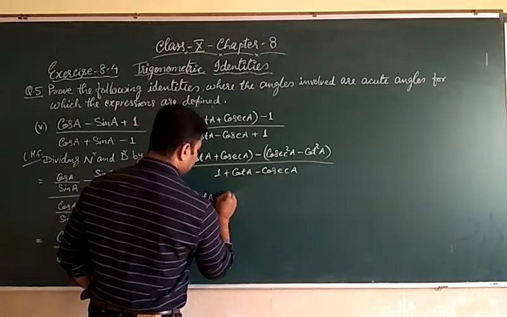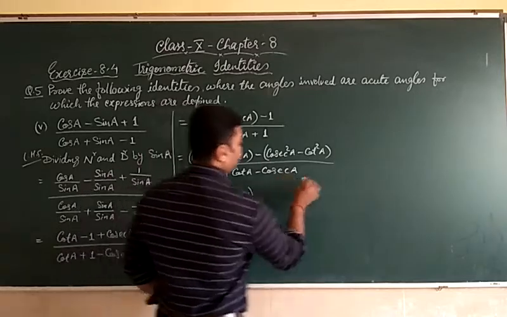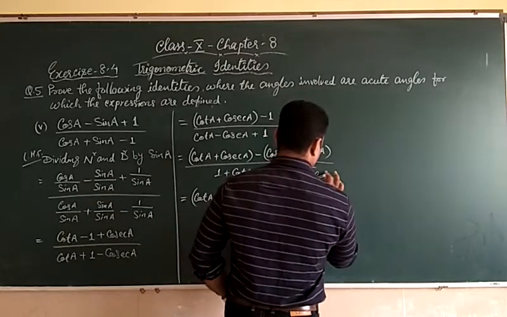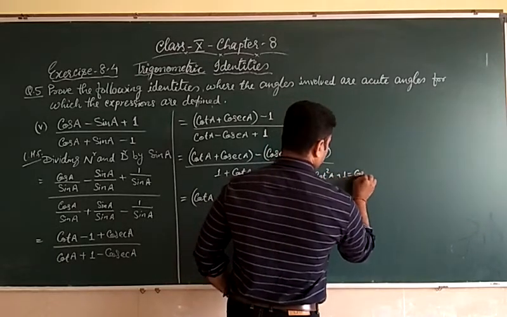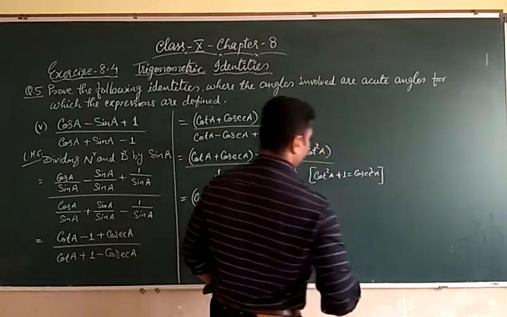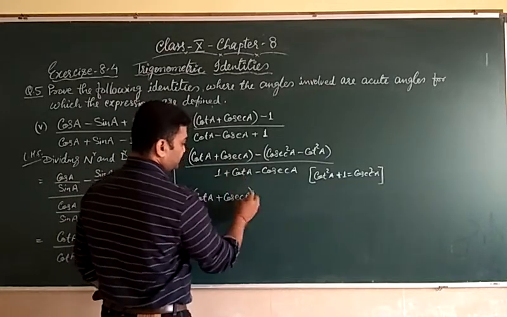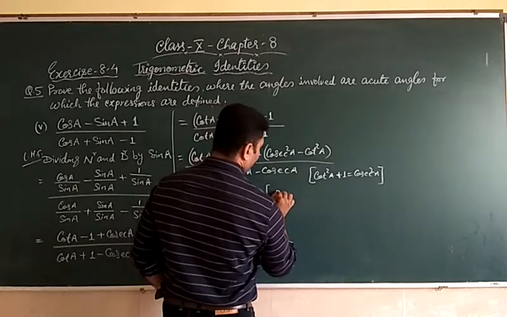Cot A plus cosec A, and here you can write cot square A plus 1 is equal to cosec square A. Clear? Now cot A plus cosec A minus (cosec A plus cot A)